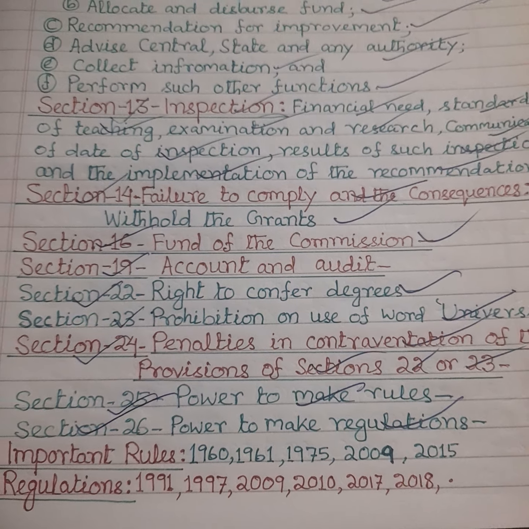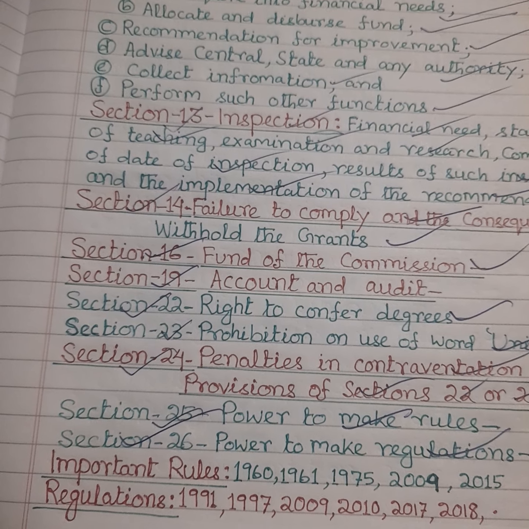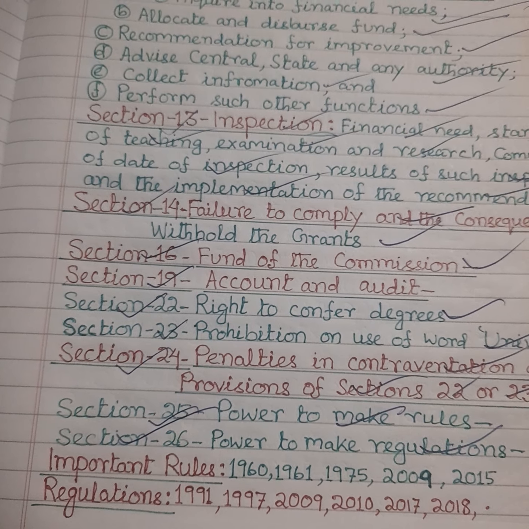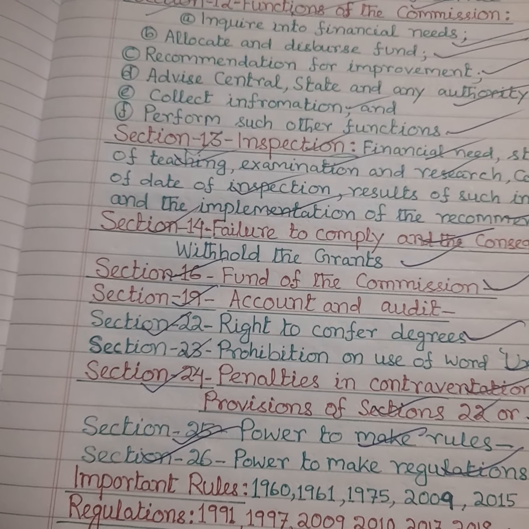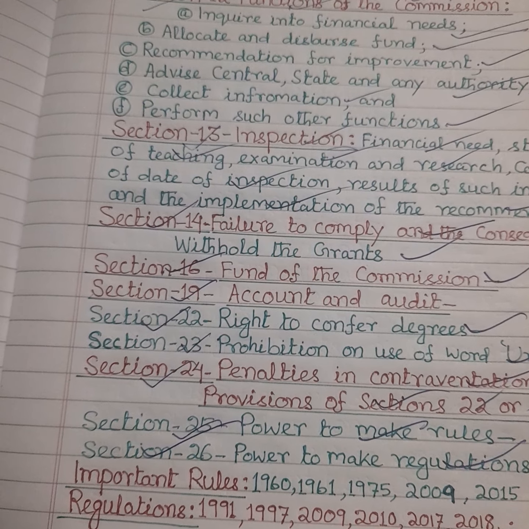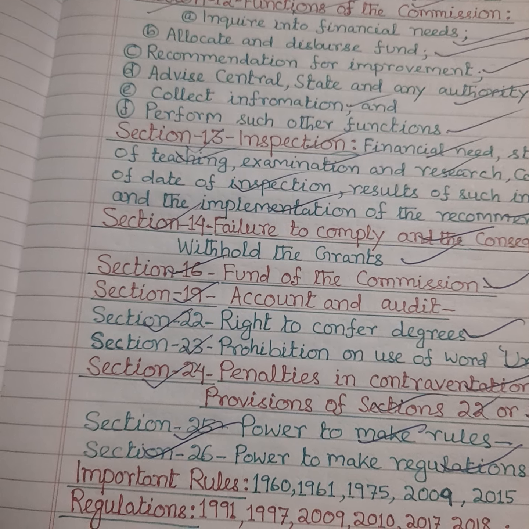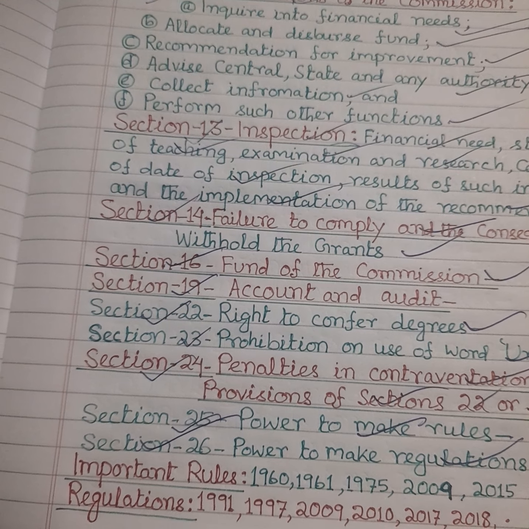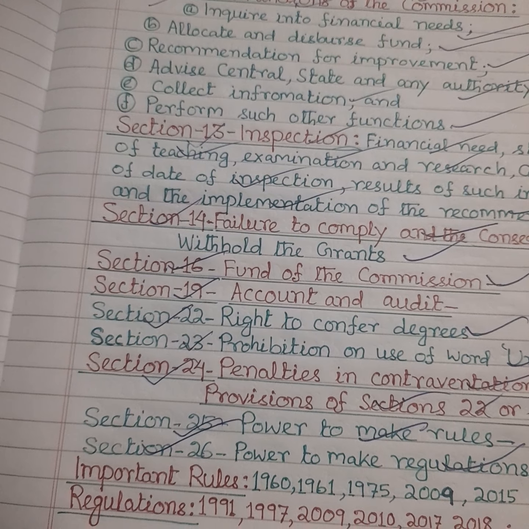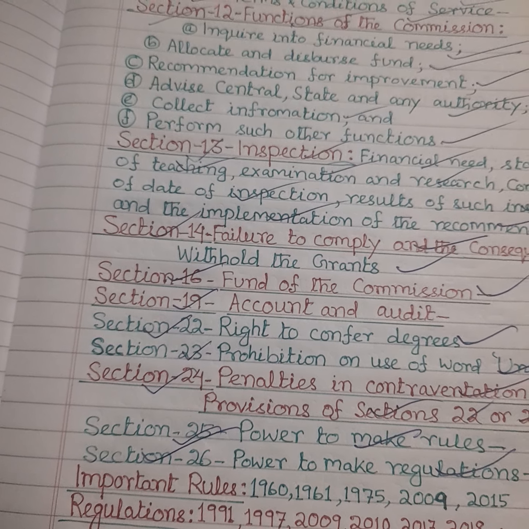The University Grants Commission may make regulations consistent with this Act and the rules made thereunder, regulating the meetings of the Commission and the procedure for conducting business thereat, regulating the manner in which and the purpose for which persons may be associated with the Commission under Section 9, specifying the terms and conditions of service of the employees appointed by the Commission, specifying the institution or class of institutions which may be recognized by the Commission